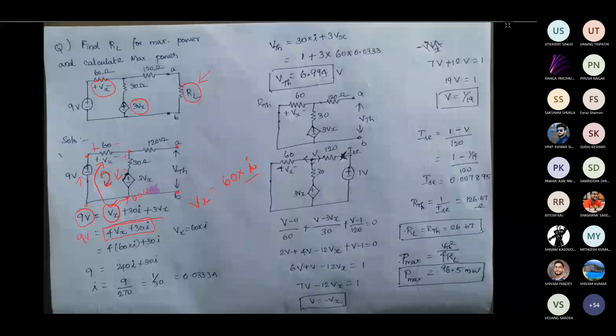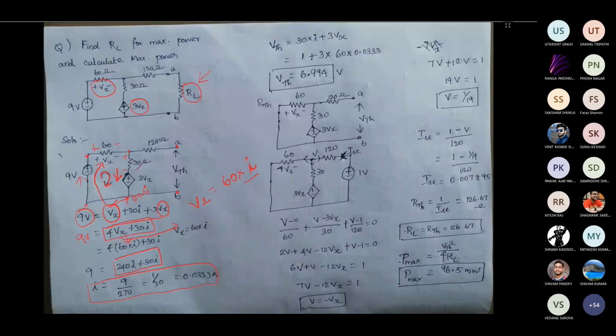Similarly, when you write KVL, you will be writing it as 60 into I plus 30 into I plus 3 Vx. So for this Vx, you can substitute 60 into I, then you can proceed. So here I have substituted: this Vx is 60 into I, so 4 into 60 into I plus 30 into I. So I'm getting 240 into I plus 30I. So I'm getting I as some 0.033 ampere. Once I know the current which is flowing through this path,